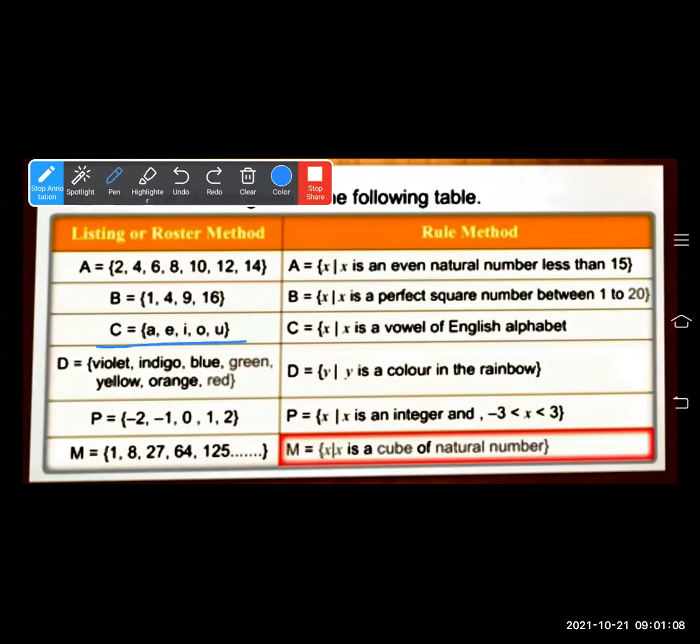T is equal to A, E, I, O, U. So x is a vowel of the English alphabet. Only this thing you have to write. Y is a color in the rainbow. So you have to write violet, indigo, blue, green, yellow, orange, red. I told you to learn VIBGYOR. VIBGYOR means